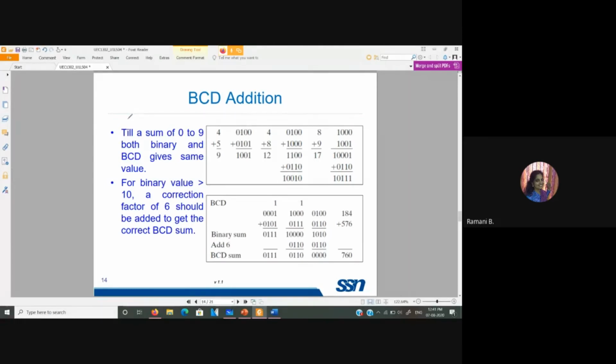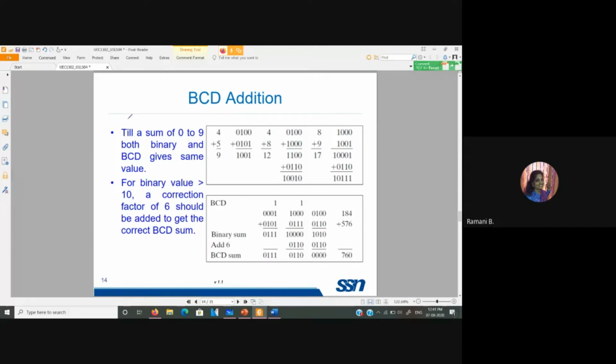BCD, as we mentioned, is binary coded decimal. BCD addition is many a time seen with calculators. The internal operation is actually in binary, however what we see is in the form of decimal.